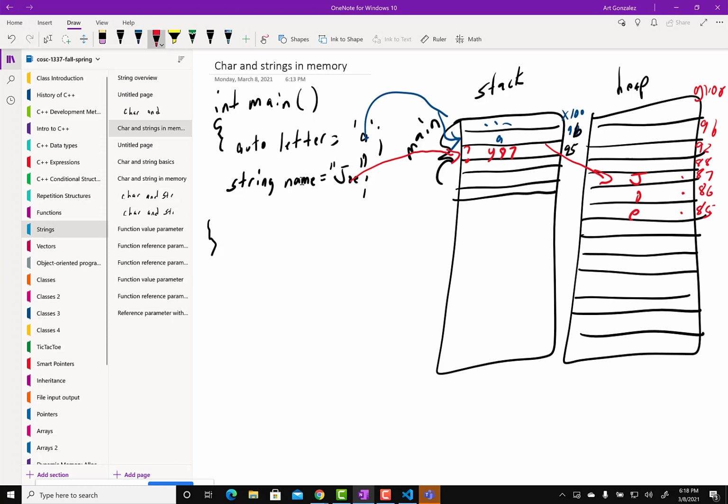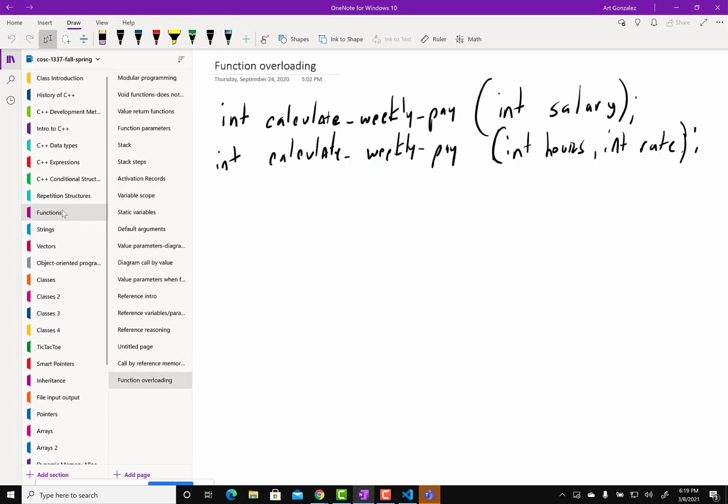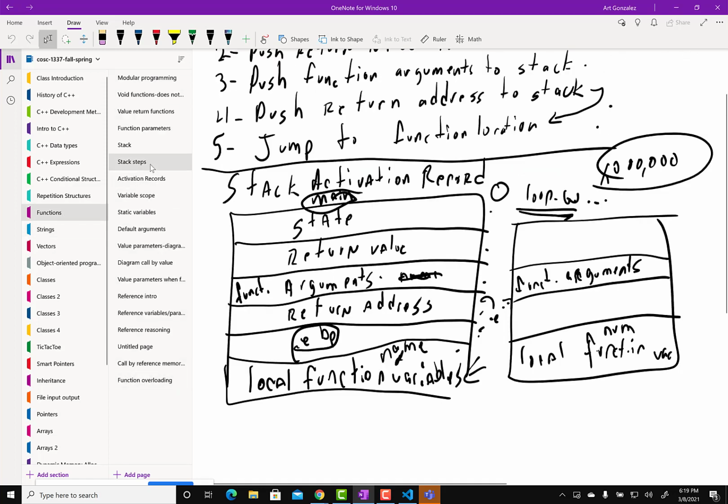Okay, questions here? Yeah, no, not the index. It would be the address. But I guess if we really think about it, an index is an address, but we don't see that. Because if you recall from the activation records, so I don't want to dismiss that comment. So let me go function